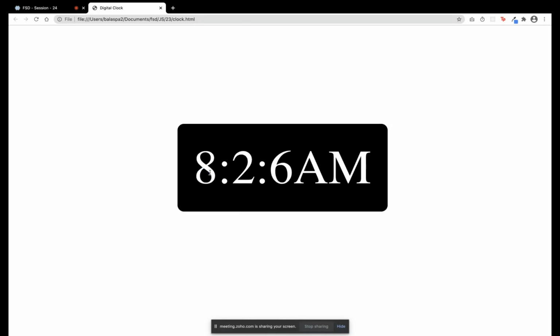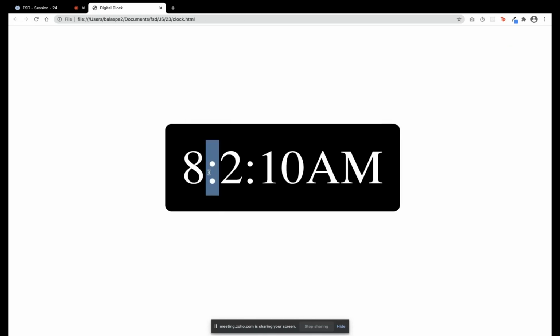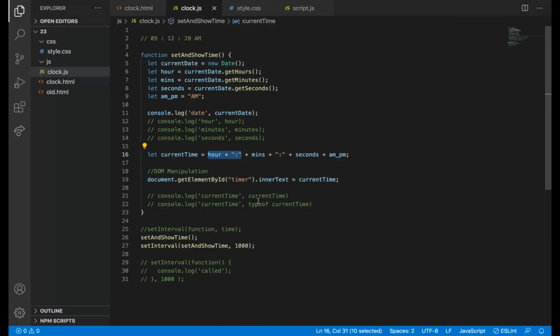I can use some condition, and then I can add 0 in front of it. What condition will we use? I'll tell you the first condition, but after this, if I ask, you people need to think and tell me. So what I can say is, if the hour is less than 10, I want to append 0 to it. So how can I write this?